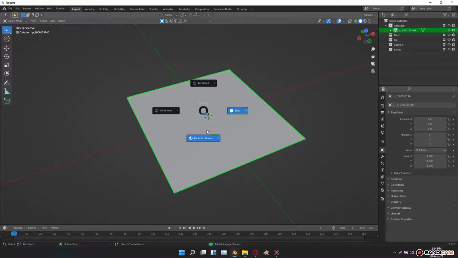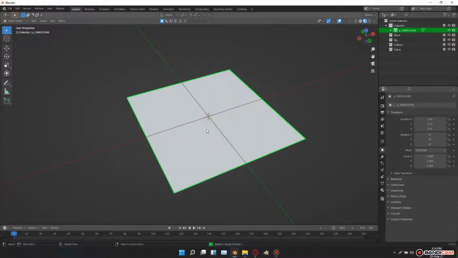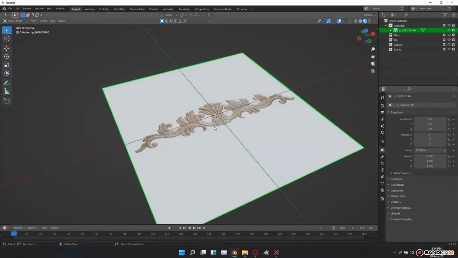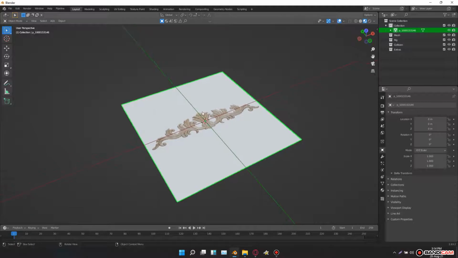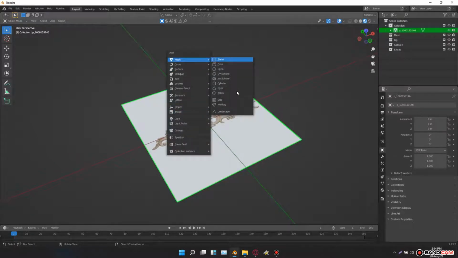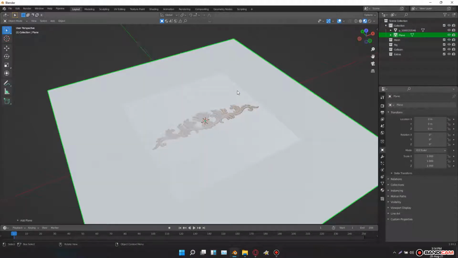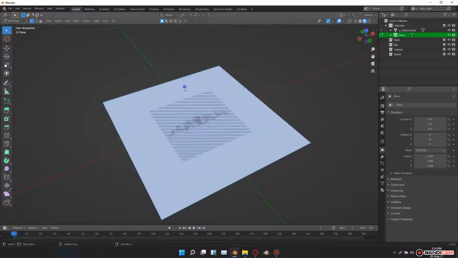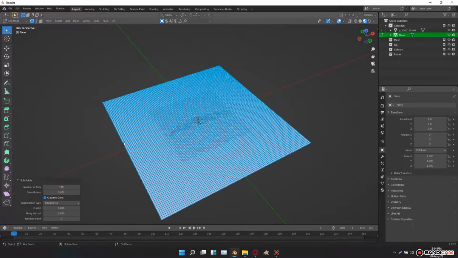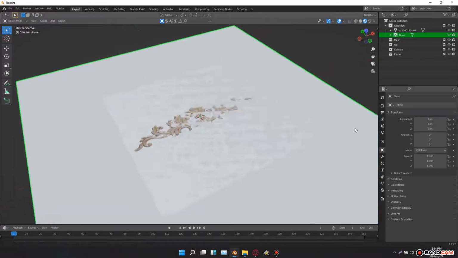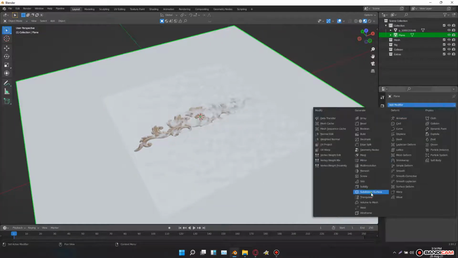See, in the material preview, then you will be able to see what I'm talking about. Come on, see this plane. Go to edit mode, and subdivide it at least 100 times. Go back to object mode, go to the modifiers, add in a subdivision surface modifier, so not that, add in